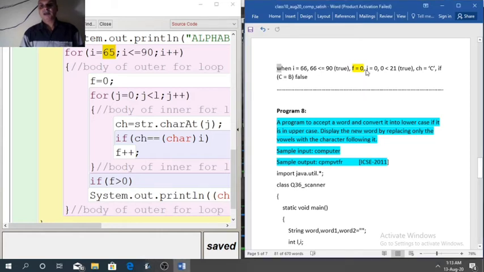Again j will run from 0 to 20. And we will compare each letter of a string with B. So when B is found, then F will increment, otherwise it will not increment. Now we will see the result.